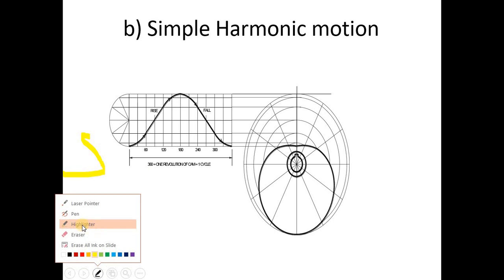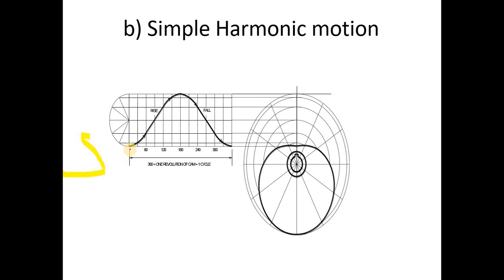I will show you with the pen. Look at this. This is the first intersection. This is the second intersection. The second vertical line and second horizontal line meet over here. This is the third vertical line, and the third horizontal line meets it over here. This is the fourth horizontal line and fourth vertical line meeting over here.